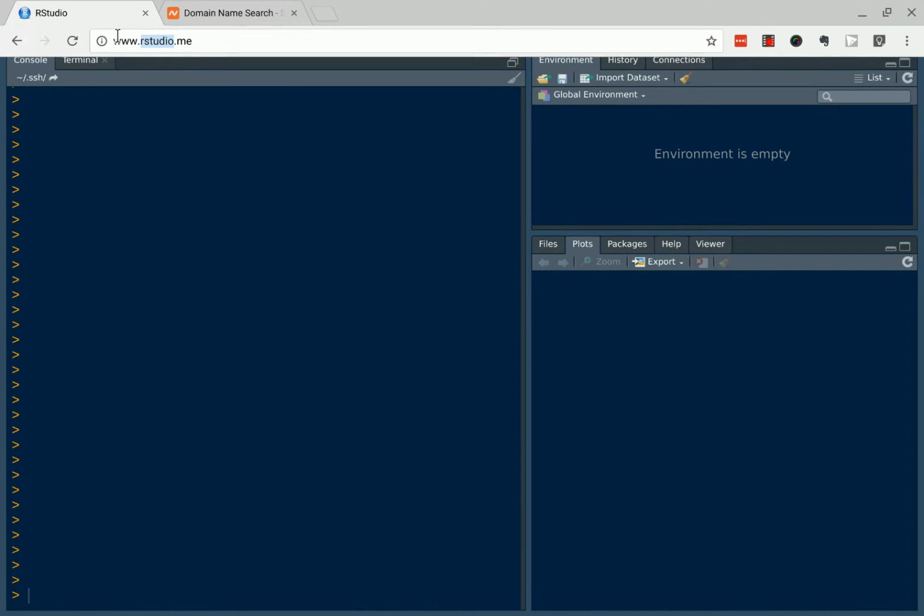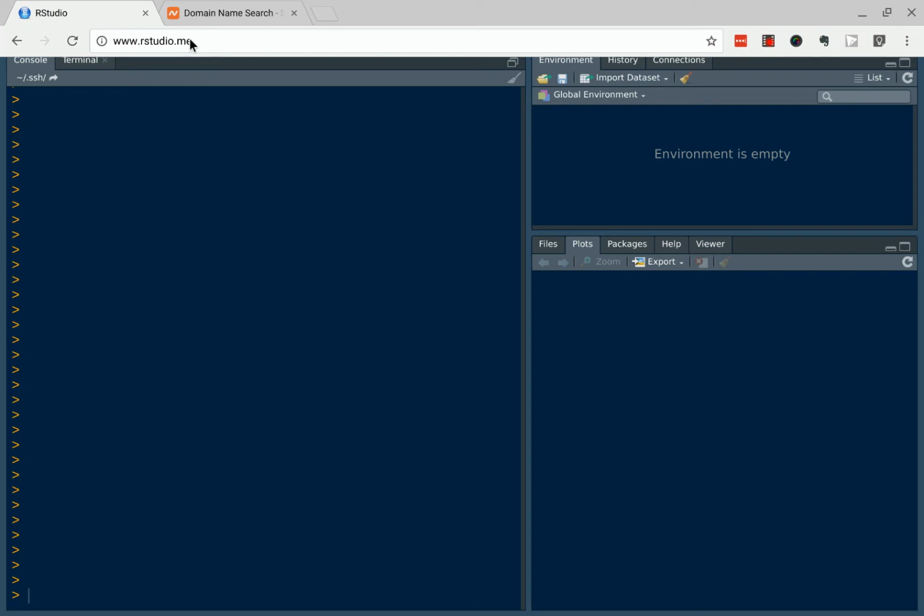This seems to help me get around IP blockers at some of the locations here at the university. Their public internet blocks certain IPs for whatever the reason. But if I have it connected to a DNS service, that seems to get around it just fine. Also, it makes it so that I can remember where my main RStudio instance is living as I change it. So recently, I just upgraded to a new version of RStudio, and I have to remember a